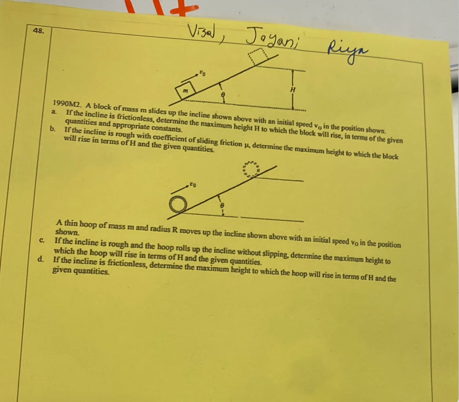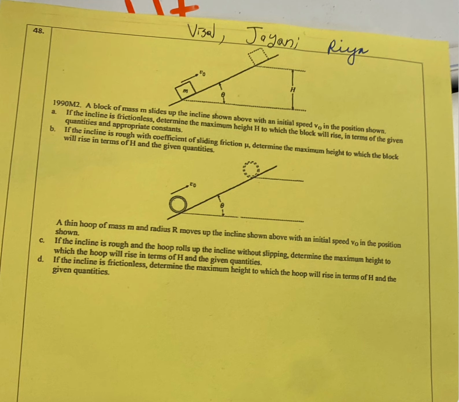If the incline is frictionless, we need to find the maximum height where the block will rise to in terms of the given quantities and appropriate constants. So here we're dealing with conservation of energy because it's frictionless. So we can say that mgh, potential energy, equals 1/2 mv squared, our kinetic energy. Here we're trying to solve for height, so we rearrange it as gh equals 1/2 v squared, where h equals